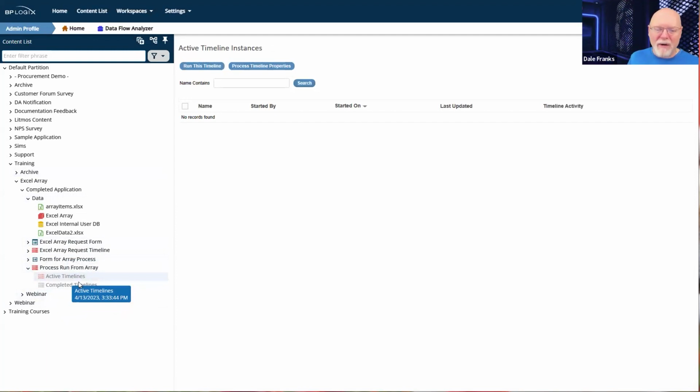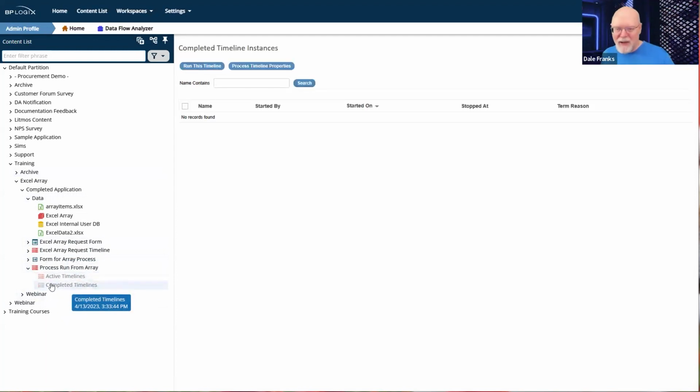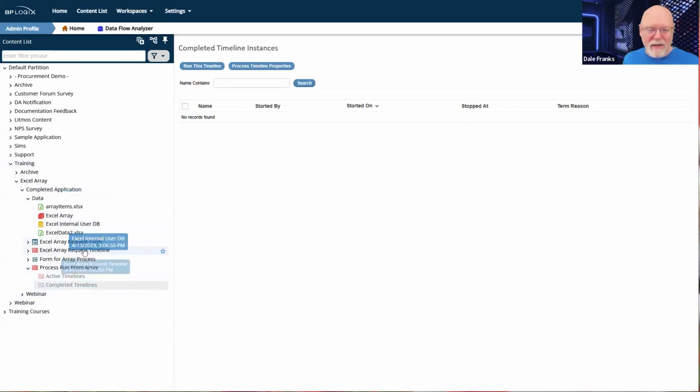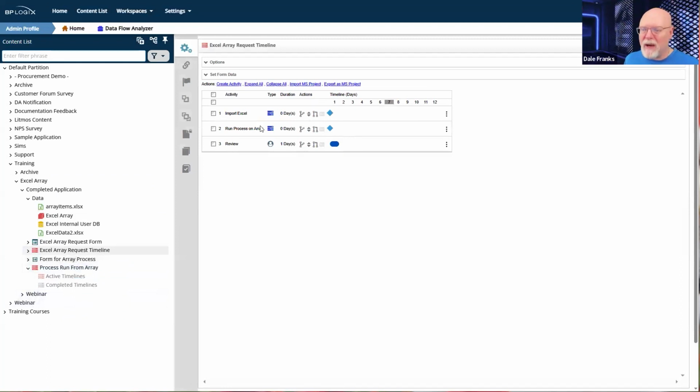And I apparently deleted them live. Probably shouldn't have done that, but in any event, that's all it is. So really just running those 2 custom tasks here in the array forms timeline will just allow me to take an Excel spreadsheet, attach it to a document, and then import it, update the data, and all of that.